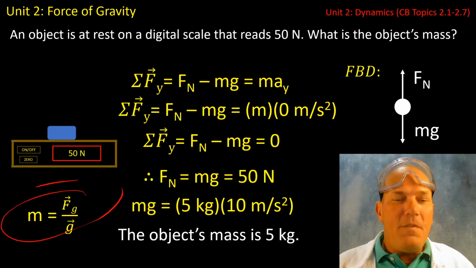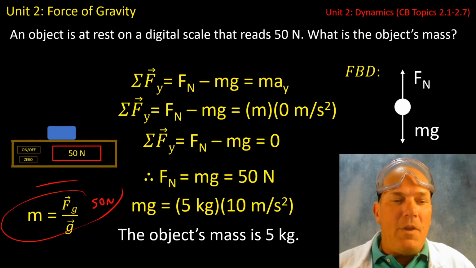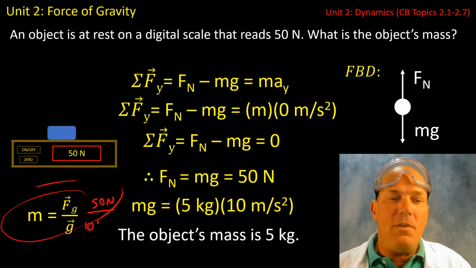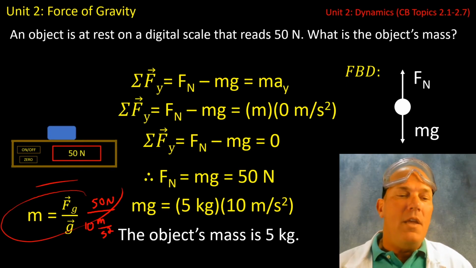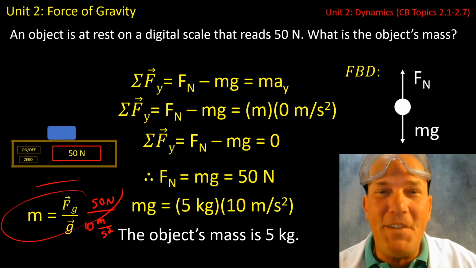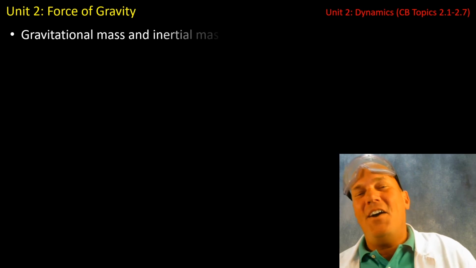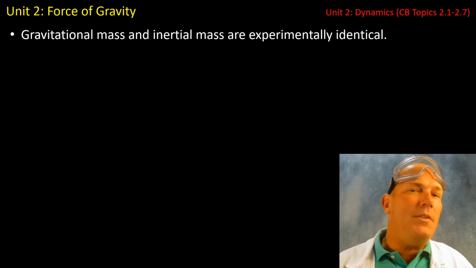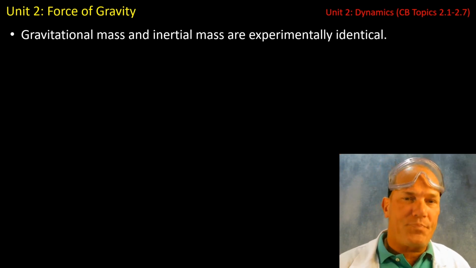And you can look at that this way as well. If we take our 50 newtons here and we divide it by 10 meters per second squared, we will get 5 kilograms as a result. Okay? All right, guys. So the other thing I want to speak to you about before I wrap this up